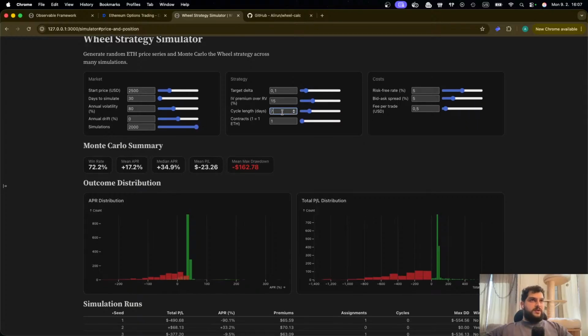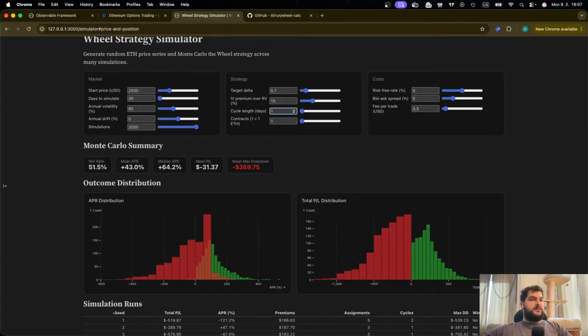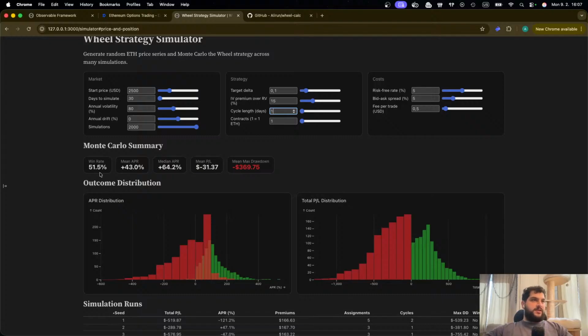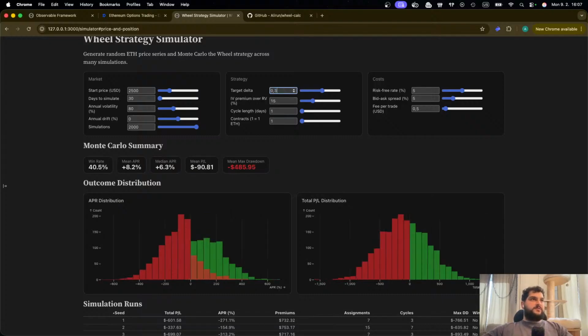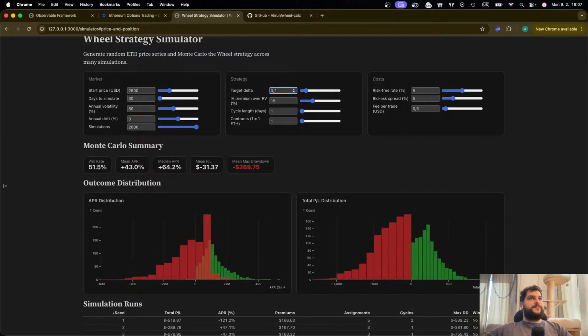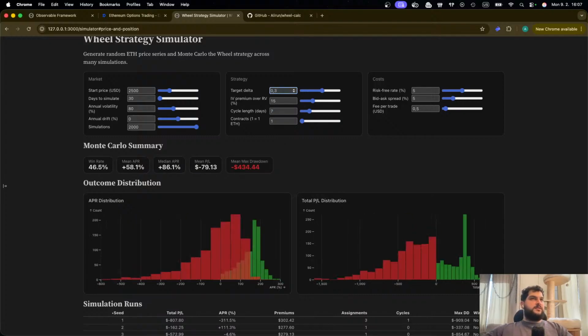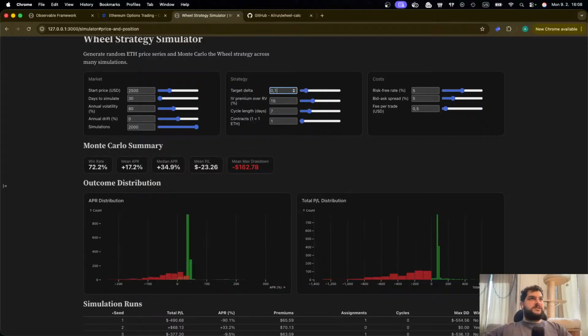What we can also do is check daily options instead. The longer the options we take, take a look here at the weekly options: we have a win rate of 72%, and with daily options, it's already 51. And if we increase delta to 30%, then it's already worse. But actually, the sensitivity here is not that big. Take a look: 51, 40, just a 10% difference. But with the weekly options, it's almost a 50% difference. That's also interesting.